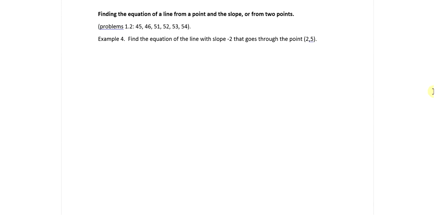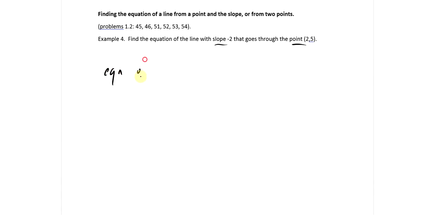Now, suppose they just give you a point and the slope, or they give you 2 points and they want you to find the equation of a line. So that's this section. So example 4, they just give you the slope and a point. So we don't have the y-intercept. We don't know how to find that. But we do know